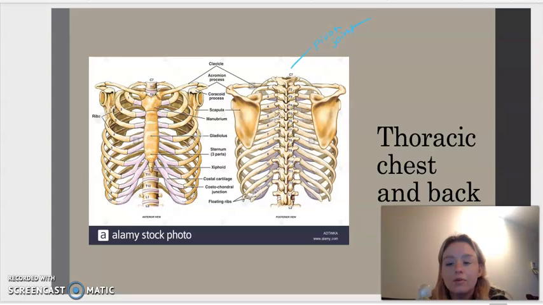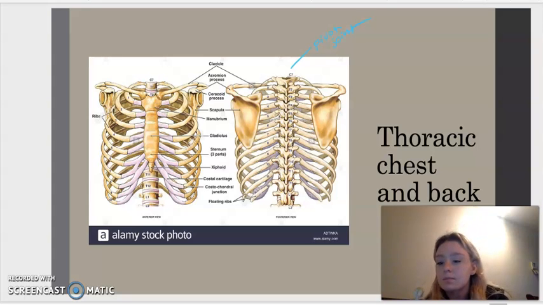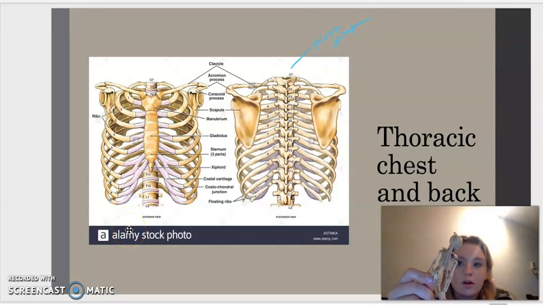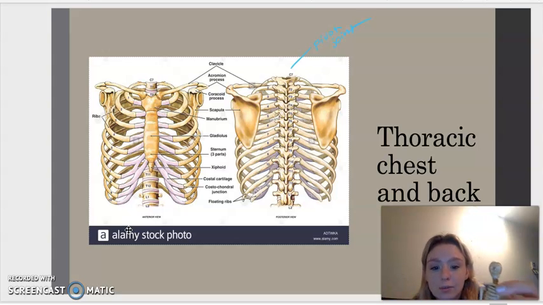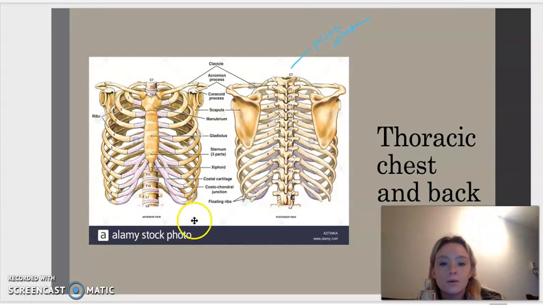The clavicles right here, or clavicle, are the collarbones, and they look pretty definitive. I don't really know what it looks like on top because it's all filled in, but it's whatever. And the floating ribs look pretty similar. They're just kind of hanging out back there, not connected to the sternum, which is here, but there's no little piece at the bottom, which is the xiphoid. So there's a sternum, but it doesn't have a definitive piece saying the